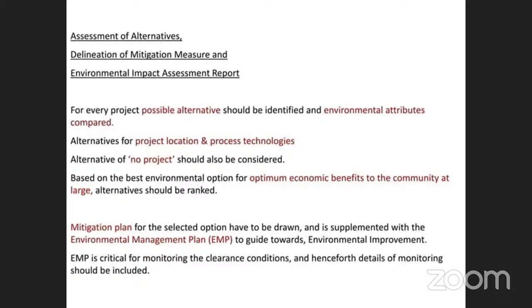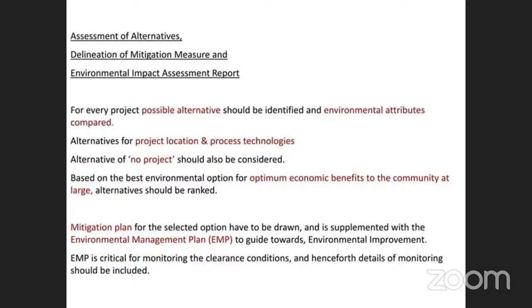By assessing the environmental impacts, alternative measures need to be provided in an environmental impact assessment report for every project. Possible alternatives should be identified and compared with the environmental parameters. If the location of the project is not feasible, we should give an alternative location for the particular project or developmental activity,